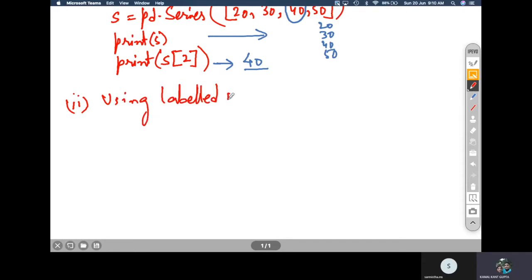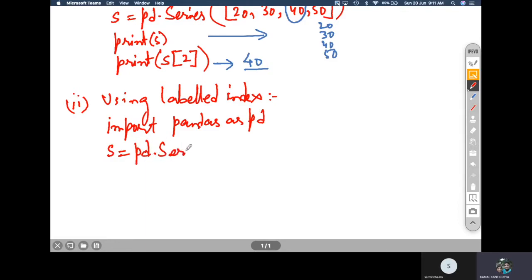In a labeled index, we give a name to the index and we access the elements using those names. So let us do it. Import pandas as pd, and then we can write s is equal to pd.Series, and these are the marks obtained in various subjects by a student: 70, 60, 48 and 95.